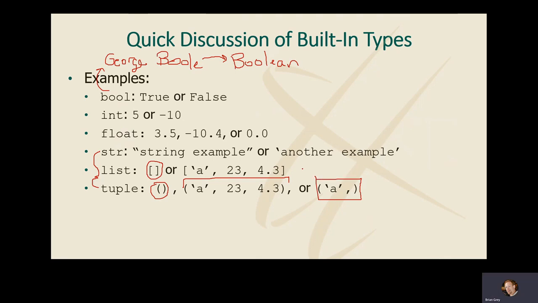Why do we need this comma? Okay, well, let's take a look at the alternative. Looks a little funny. I'm not quite sure why. What about this, though? If we want a tuple with 1 element, if we want an immutable list with a single element, and we put parentheses around it like this, it doesn't look like a tuple.